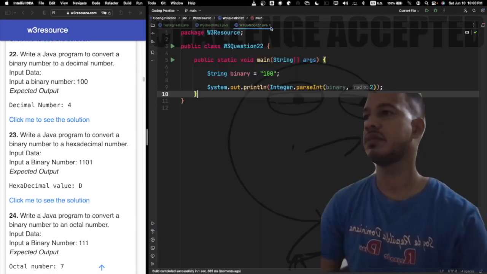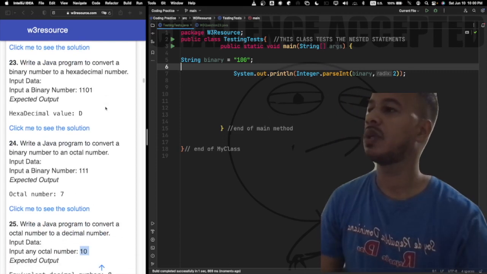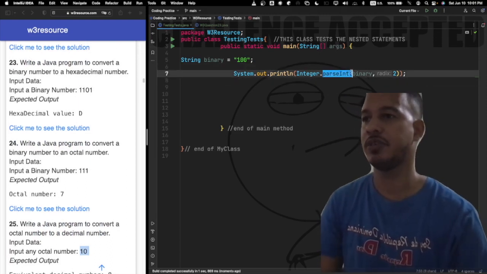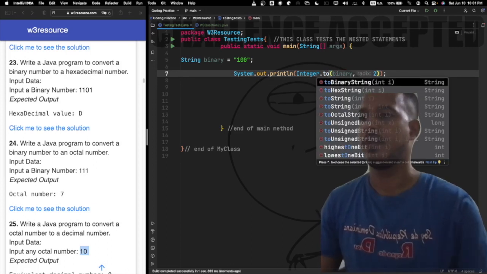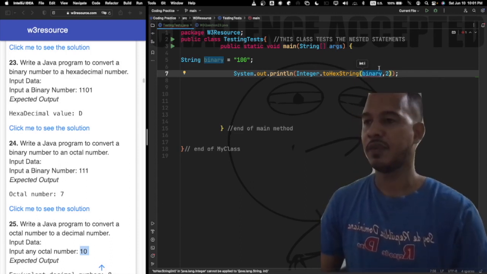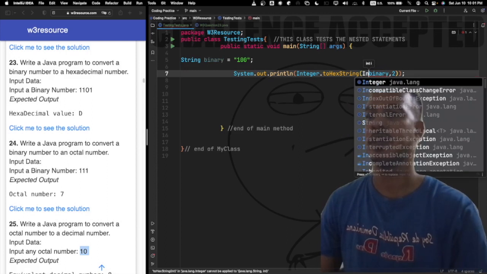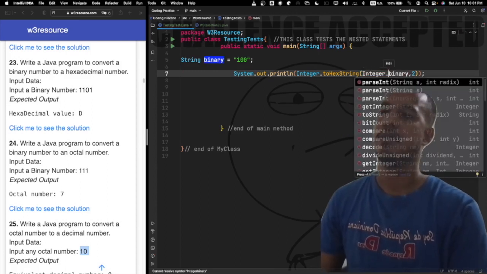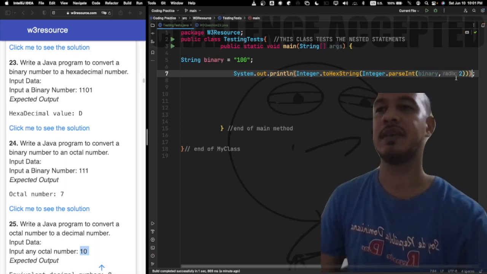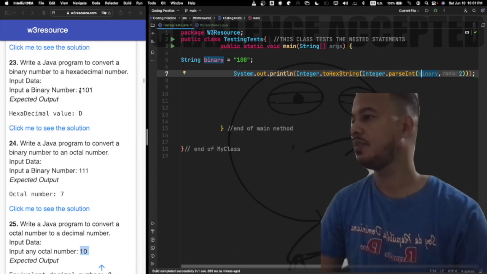Okay, and now I think the next one is a little trickier. For question 23, I will test my code out here. It says, write a Java program to convert a binary number to a hexadecimal number. Oh no, this one is also pretty easy. For the other ones, we're going to have to use a combination. There it is, toHexString. But for this one we have to input a binary number, so we have to mix two functions. Integer parseInt, and we have to let it know that it's a binary number that we're taking. Binary numbers have a base of 2, so radix is 2. This is the binary number, so we're going to input this number,